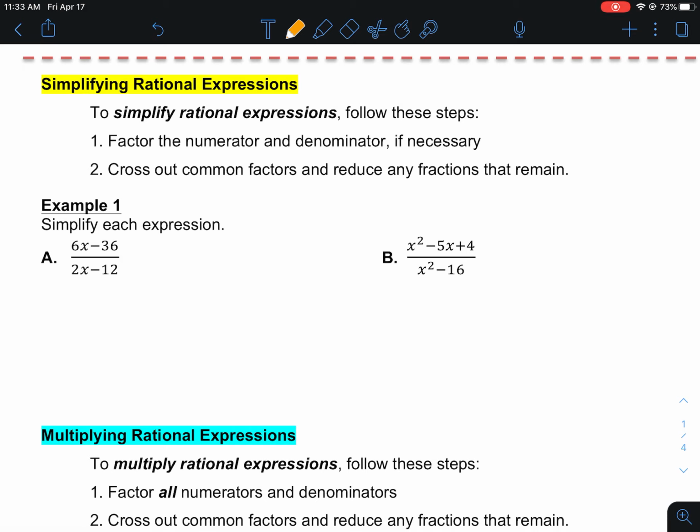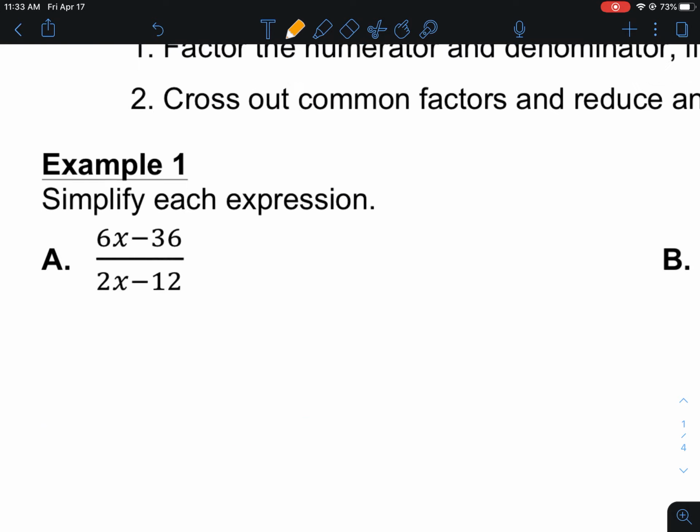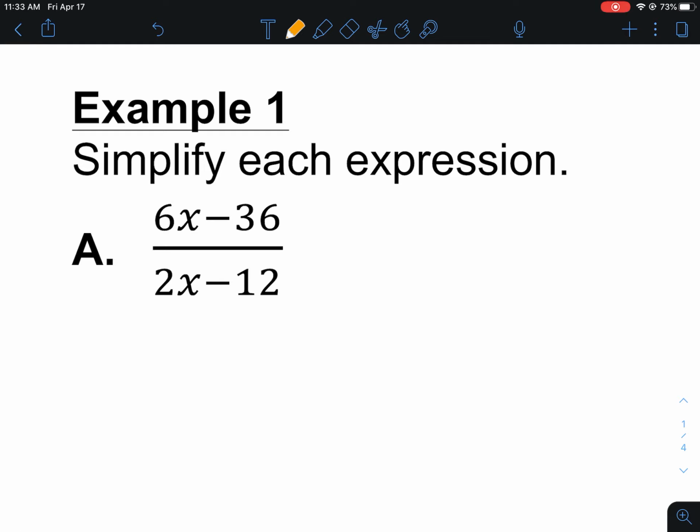We're going to start with the first piece, which is just simplifying rational expressions. Reminder for simplifying rational expressions, you want to factor everything in the numerator and denominator and then cross out any common factors. All right, so if I look at A on this top part here, I notice I have a